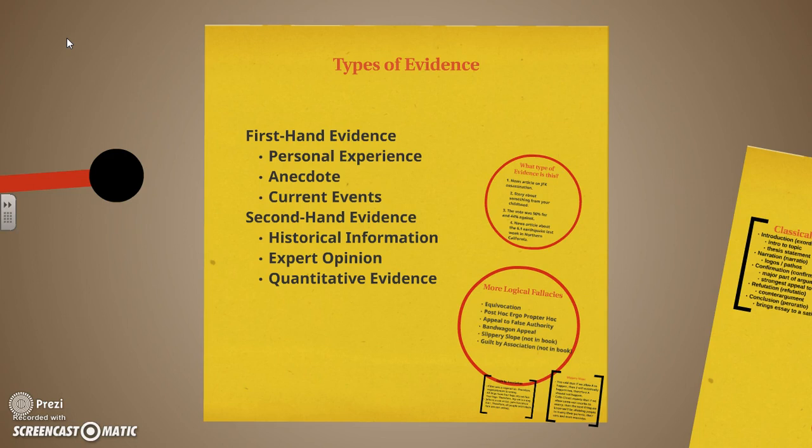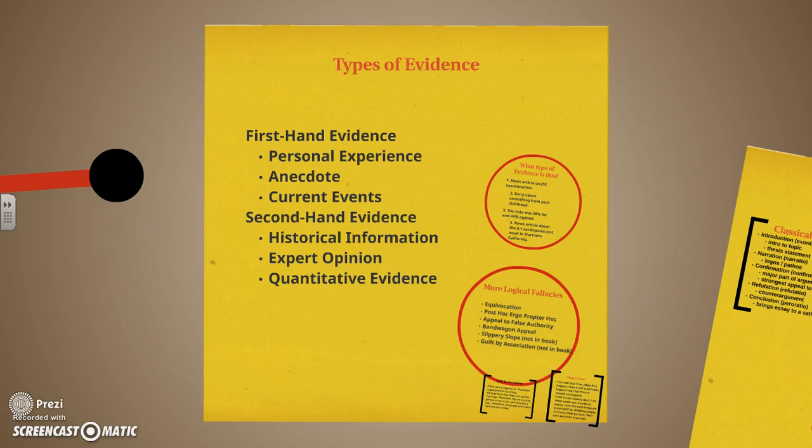Okay, so we're going to start with evidence. So now that we've done the idea of a claim, we've turned the claim into a thesis, then we've taken that thesis, and now we have to be able to find evidence of whatever we're using. So this is where the logical fallacies come in. This is where the various types of making sure that you have relevant, sufficient, and accurate evidence to support your claims. Okay, so we have 2 different types of evidence.